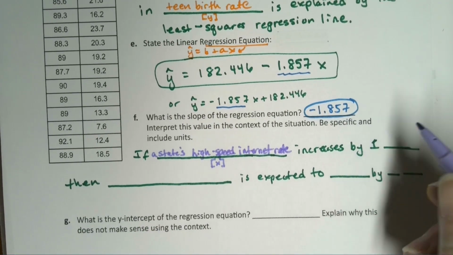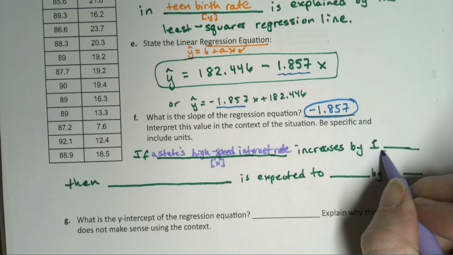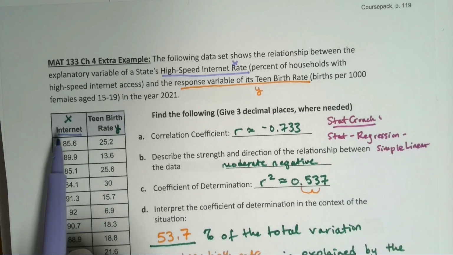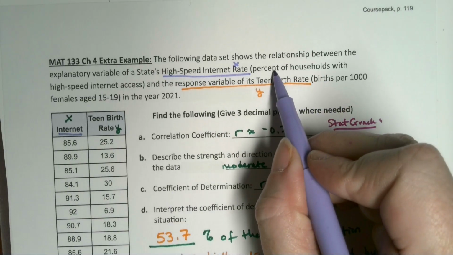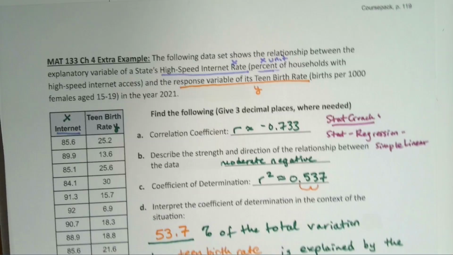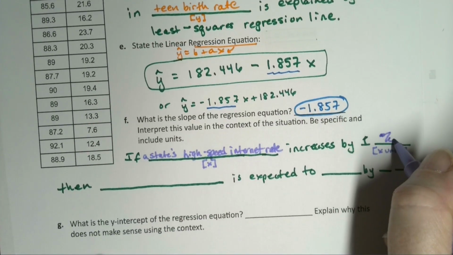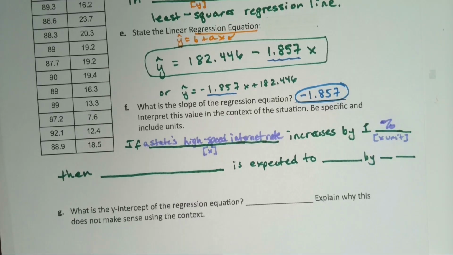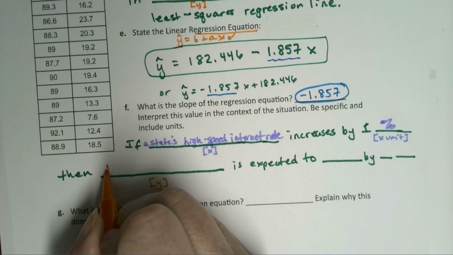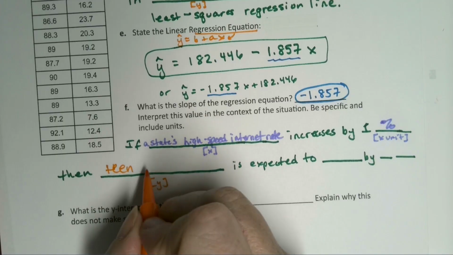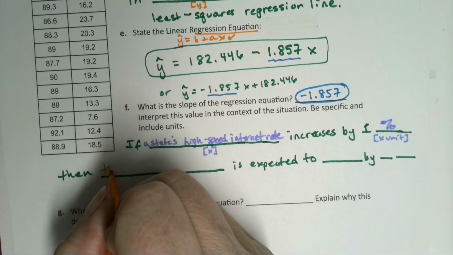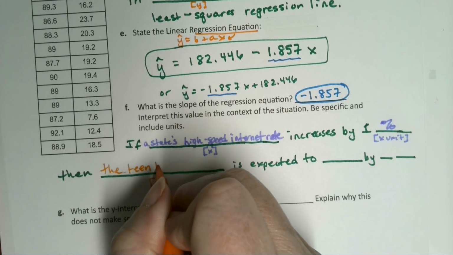increases by 1, and then this was the x, this will be the x unit. So the x unit, you have to go back up. Now it's not in the table on this one. It's right here. This is the x unit, so it's percent. Right? It's technically a percent of households, but we'll just say percent. Then the y, well, the y, we already said, that was the teen birth rate. The teen birth rate